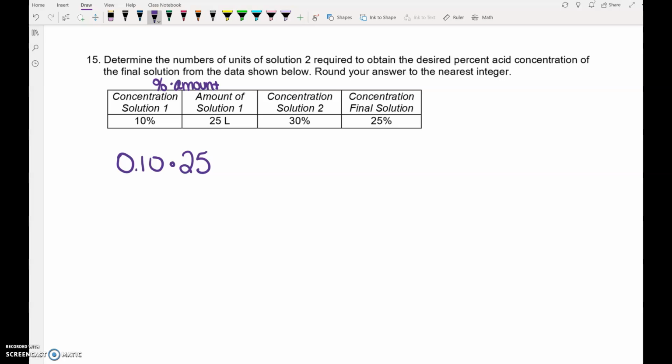We're also going to, for solution 2, do the percent times the amount and add those together to equal percent times amount. So it's a whole bunch of percent times amount. If you remember, percent times amount plus percent times amount equals percent times amount, you should be fine. So 10% times the amount of solution 1 plus 30% times the amount of solution 2, that's what we're trying to add, so we don't know the amount, equals